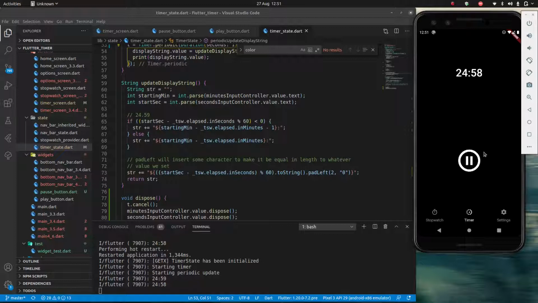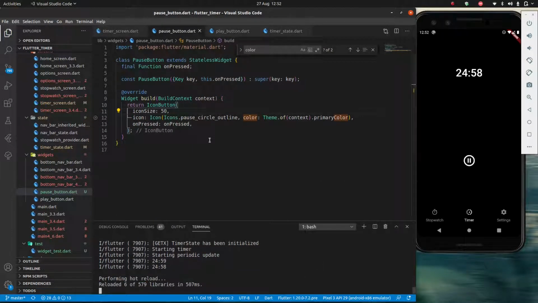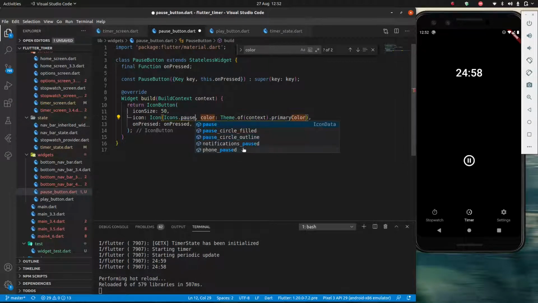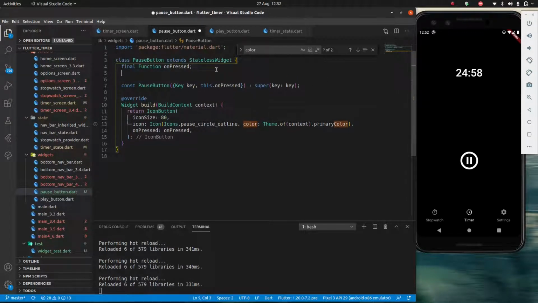Okay, so there's that. And now what I want to do, so there's also some cosmetic changes. I think this is too high. I think this is too big. So I'm going to change this to 50, like this. 50 is too small. And maybe I don't want it to be the outline. Pause, circle filled. Let's try like this. Nah, I don't like it. Back to the outline. Let's try 80. Okay, that's fine. The other thing I can do is give it a final int size